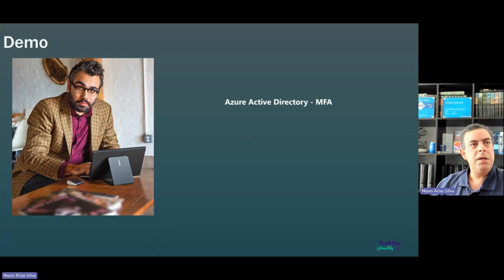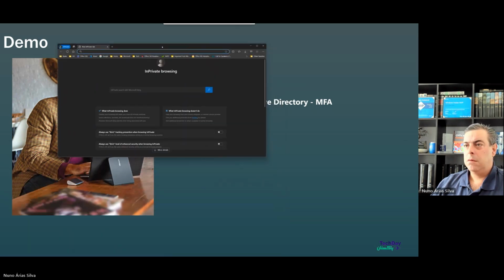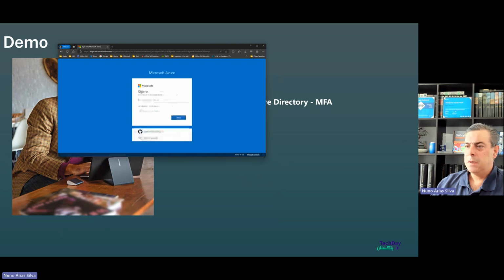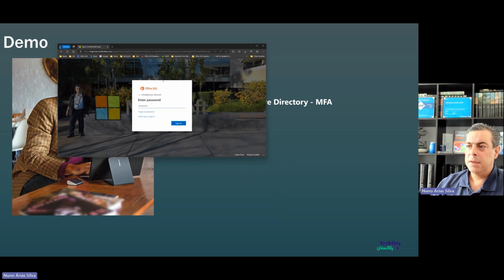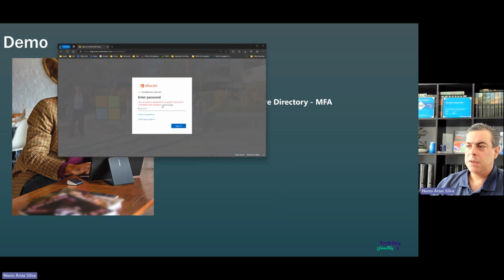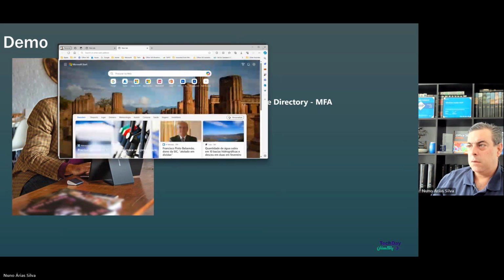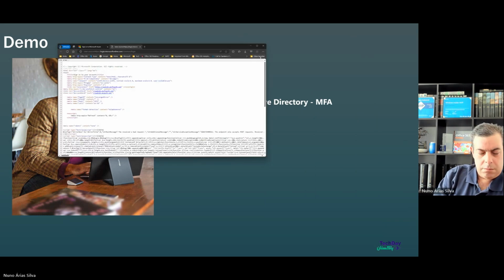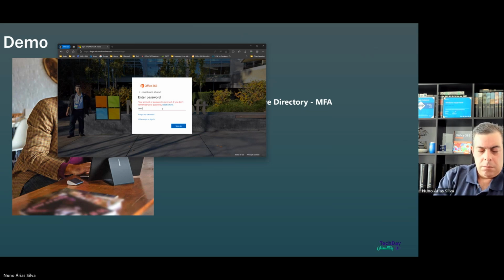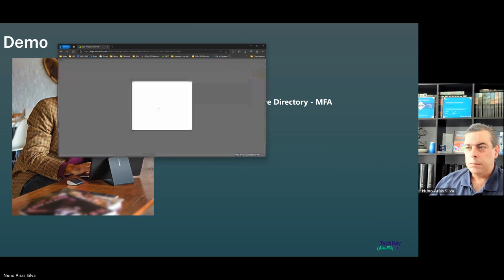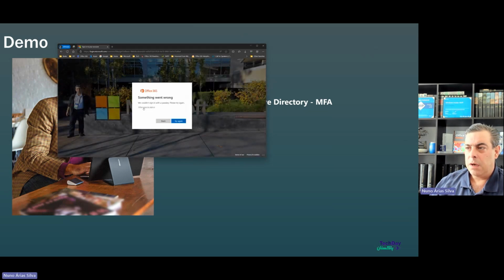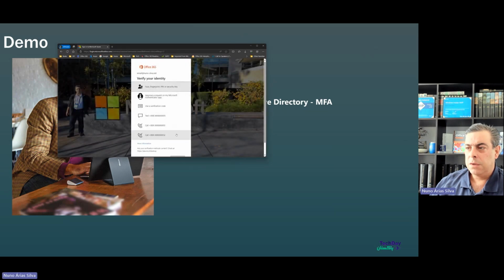Then I create another session. So I'm going directly to Azure. Then I click next. Use the password. So, choose another method, and I can use to call,